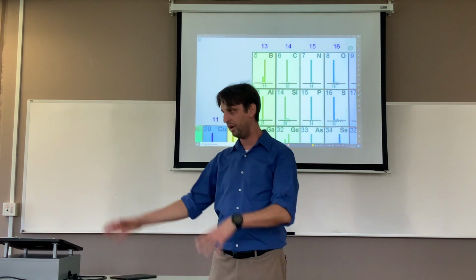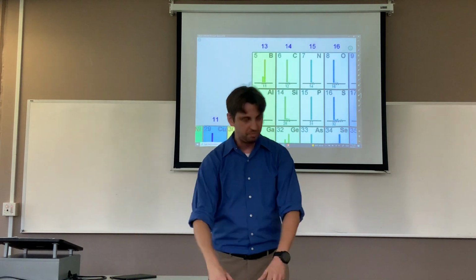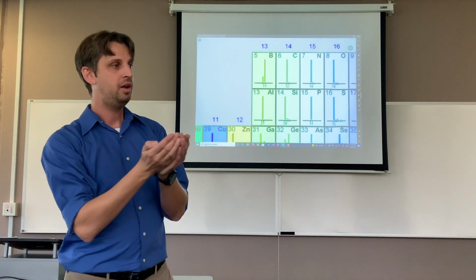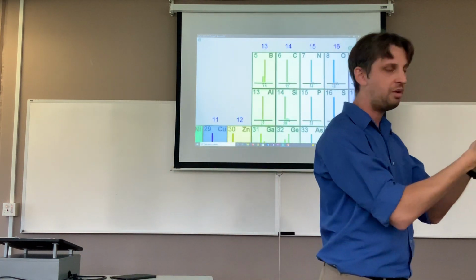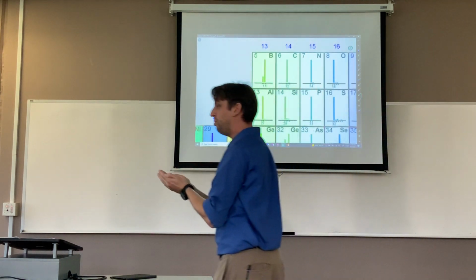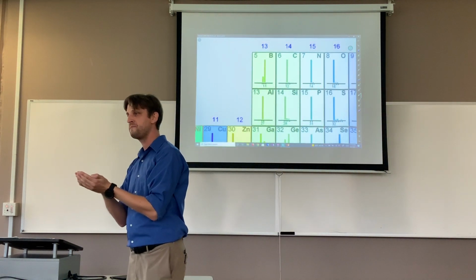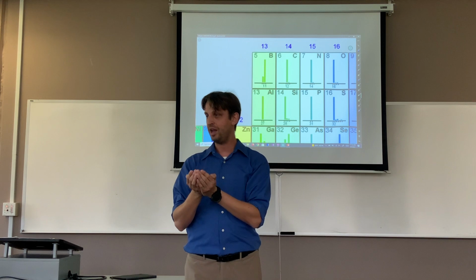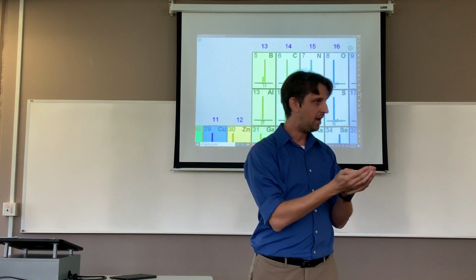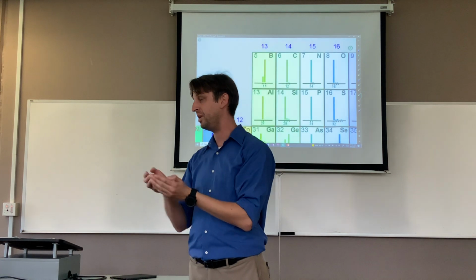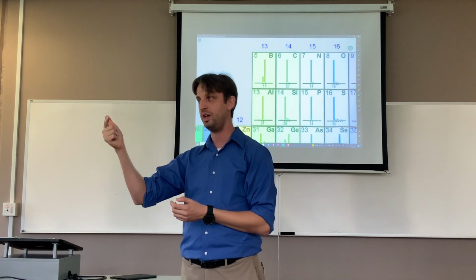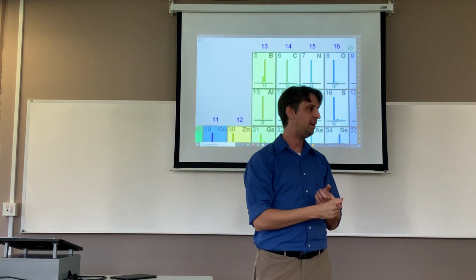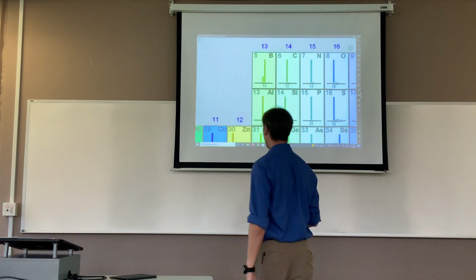So what I'm saying is this. If we're in this magic world where we just have elements around, and I find a patch of carbon and scoop up a handful of it, 99% of what I'm holding is going to be carbon 12, and about 1% of it is carbon 13, okay? So what we need to figure out when we represent this on the periodic table is the weight of those isotopes relative to their abundance. I need to know the percentage that they exist and how much they weigh. You with me on this? That's what we're going to be doing with the math. Those are two important bits of information.